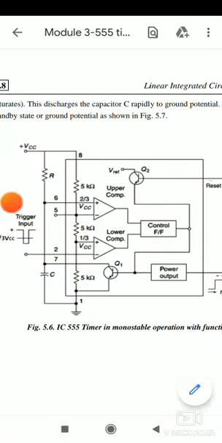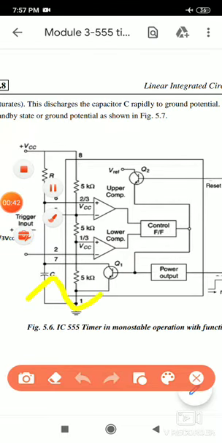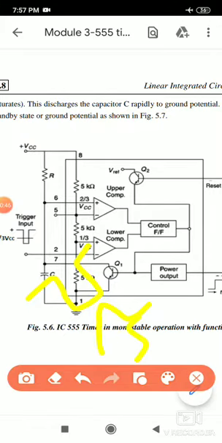Here in monostable mode, during the negative trigger pulses, the capacitor will be charging, and at the same time it will be producing only one pulse. That's why it is called a one shot multivibrator. Now we can move to